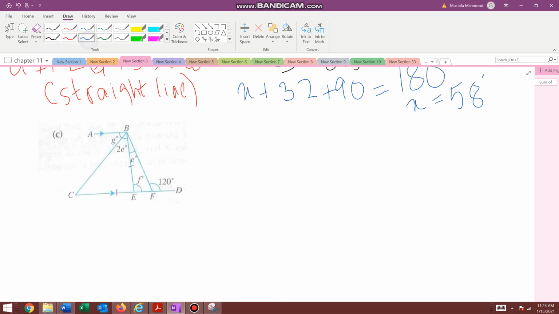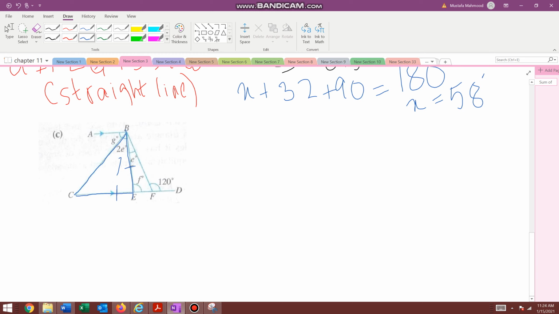First of all, we're going to look at this isosceles triangle. How do we know this is an isosceles triangle? Because these two lines show that the lines EC and EB are equal to each other. So base angles इसके कौन से होंगे? The ones opposite to the equal lines.